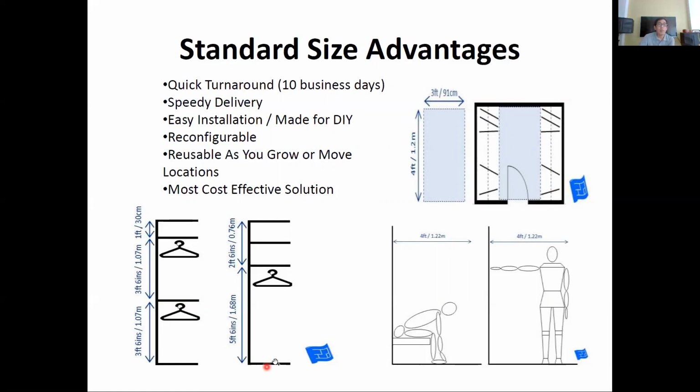The recommended dimensions: if you have a hanger, it should be at least 1 meter from the floor, and another hanger should be another 1 meter. That is the way you can divide the closet. As you can see, this is 1.07, 1.07, approximately 1.14, and there's another 1 foot, that is 30 centimeters, so it's approximately 2.4 meters. The height of this closet is approximately 2.4 meters, which is 8 feet.